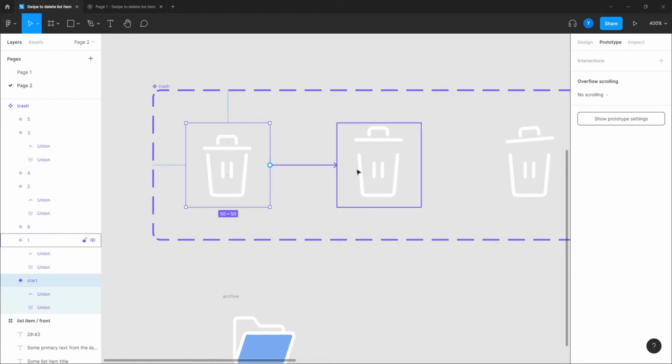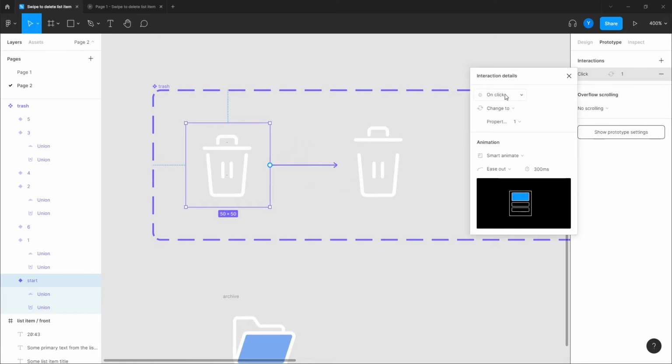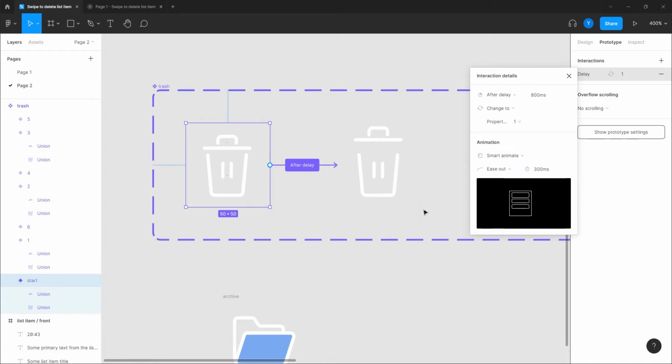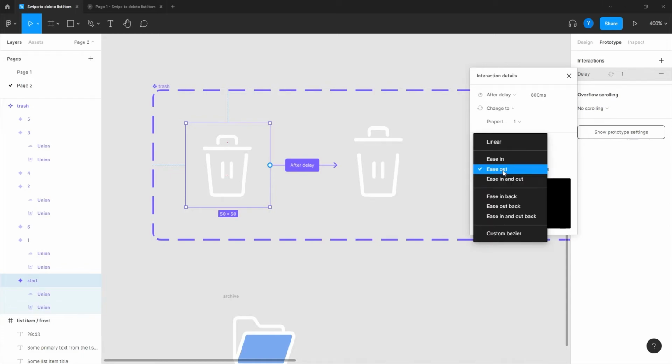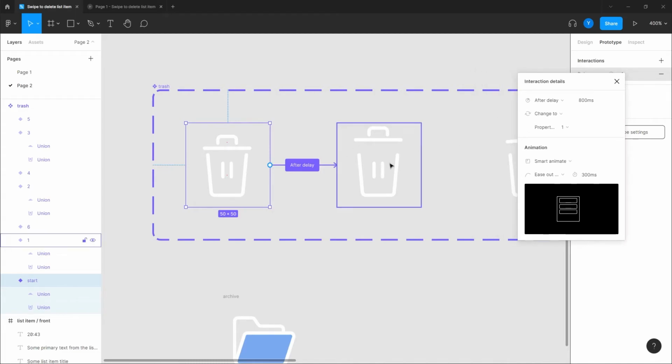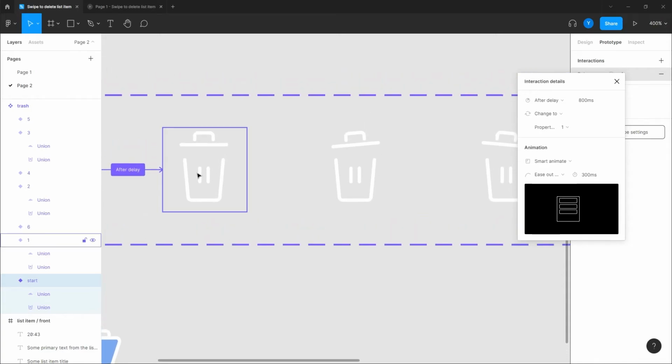I'm connecting this one to here. It's gonna be after delay. We are working here with this icon with an after delay interaction between all of them. After delay, smart animate 300 milliseconds. Yeah, I guess that's okay. Ease out back, which is gonna give it a bit of an elastic movement, so I think that's okay.